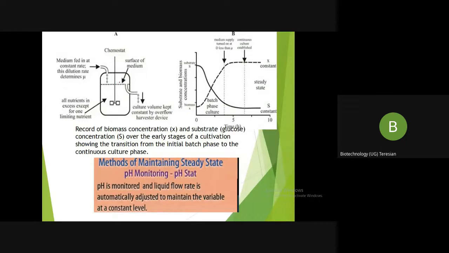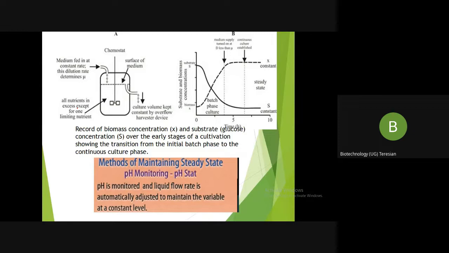And this is the fresh medium, and simultaneously the culture volume is kept constant by overflow of the harvest device. So the culture volume is kept constant because however much is flowing out, the rate is equal to the inflow. So this is the dilution rate, which is determining the growth of an organism. So one nutrient I'm going to limit. Whether I'm increasing or decreasing the nutrient, it has a direct effect on the increase or decrease of